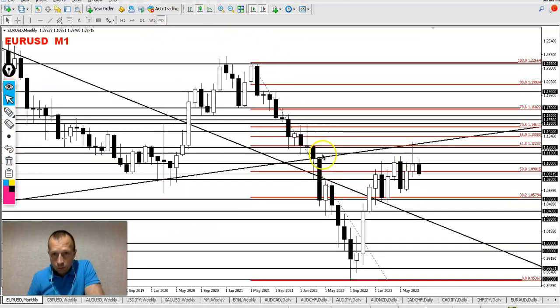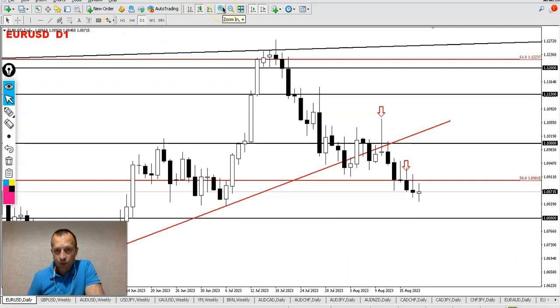Let me check, guys. I don't want to trick you. Yeah, indeed, you remember I discussed this correction on the monthly time frame, because overall the trend is bearish. It was just a correction to the upside. It finished around 61.8 Fibo level, and now we close below 50%. So overall quite bearish, and I would suggest to sell on strength. Not at this point probably, because it's already quite a run to the downside.